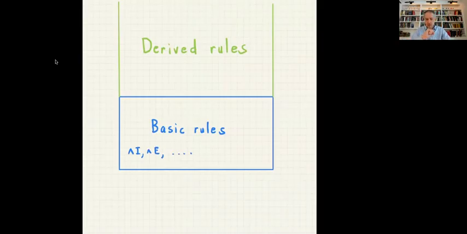Now, the fact is there are some things you can prove that would be useful as rules, but we don't need them as rules because you can prove them from the basic rules. So we could call those derived rules. Here's one example of a derived rule is